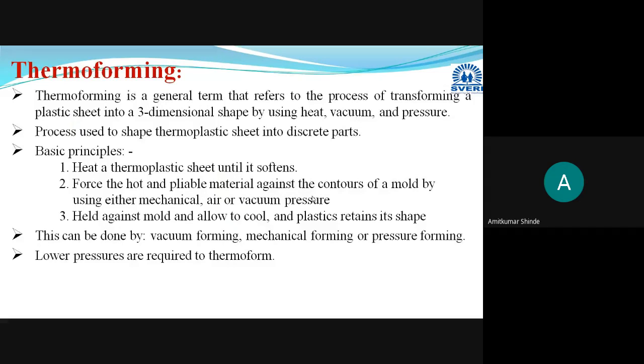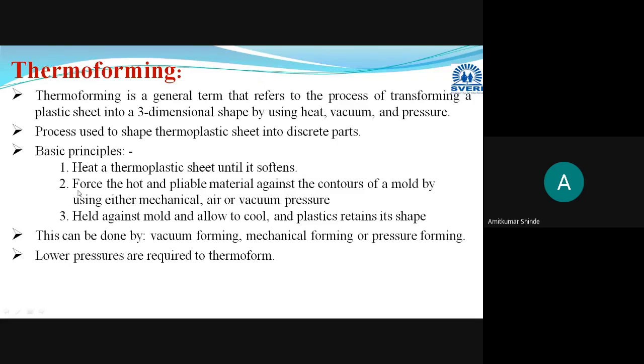This thermoforming process basically consists of three steps. In the first stage, whichever thermoplastic material is there in the form of a sheet, we are going to heat it until it softens. We have to make it soft for further processing. That is the first step: heating the thermoplastic sheet until it softens. Then, after heating it,